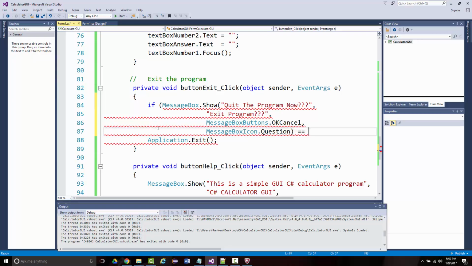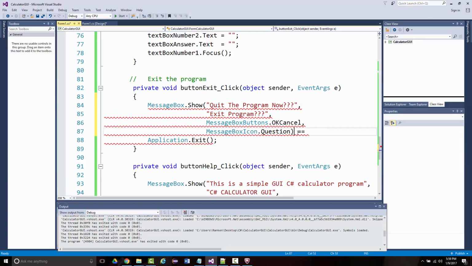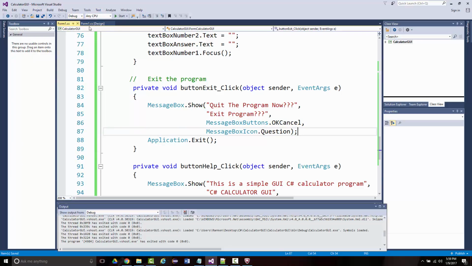I'll tell you what, let's make sure that the message box even worked. Okay? Get rid of that double equal sign there. So let's get rid of that, and then all these arrows should go away. There we go. So now if I click exit after putting that there,